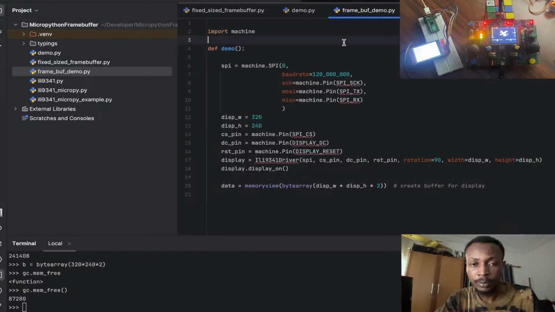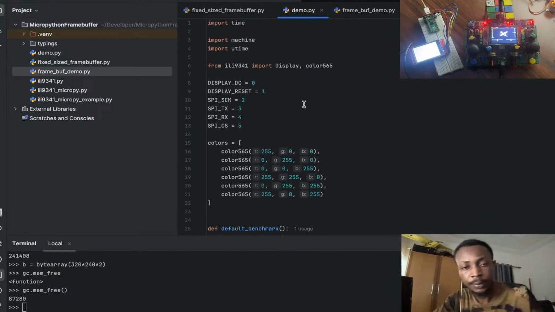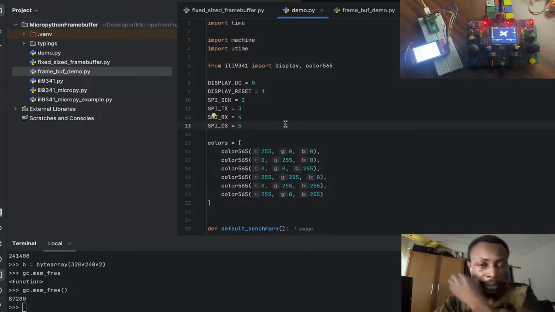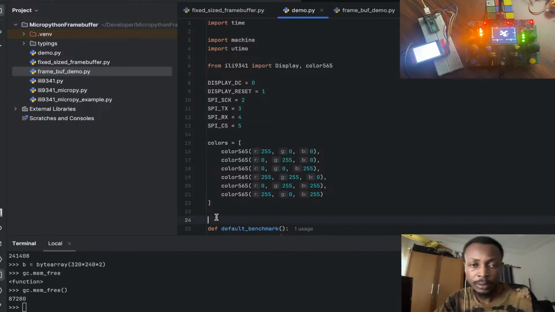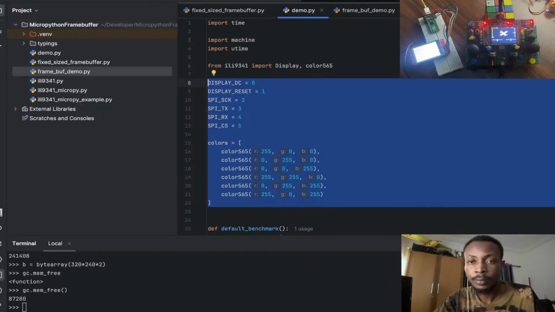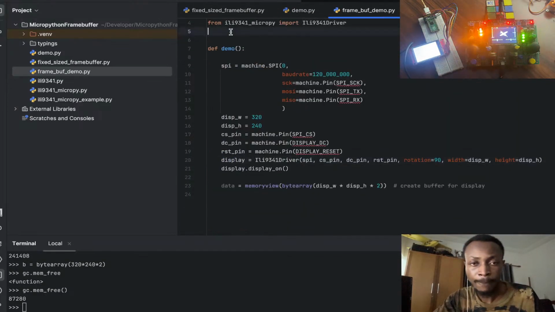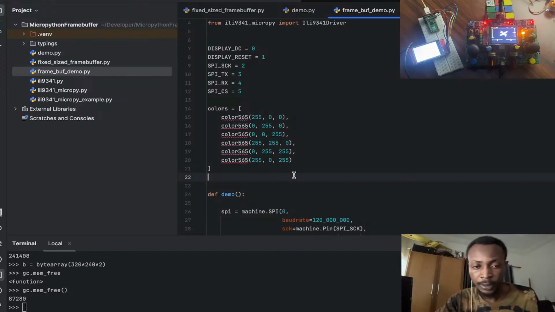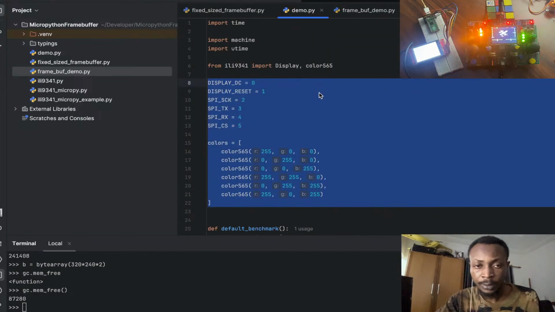And just go ahead and have the editor do that for us. Let's grab these. Yeah, let's just grab this. So these are just the pins and